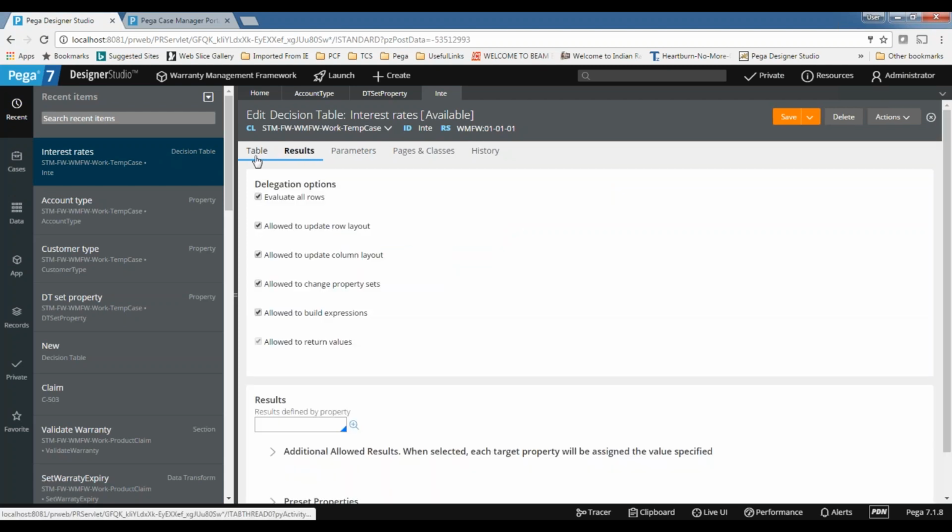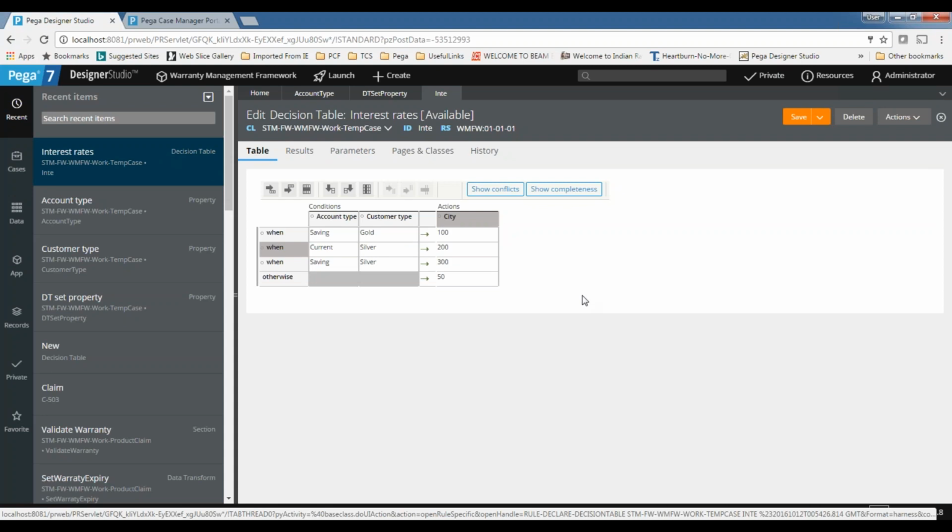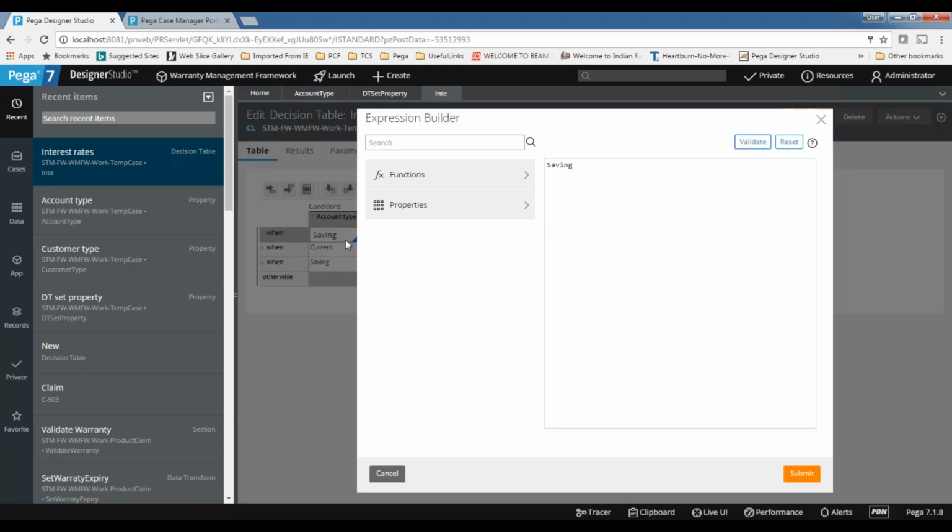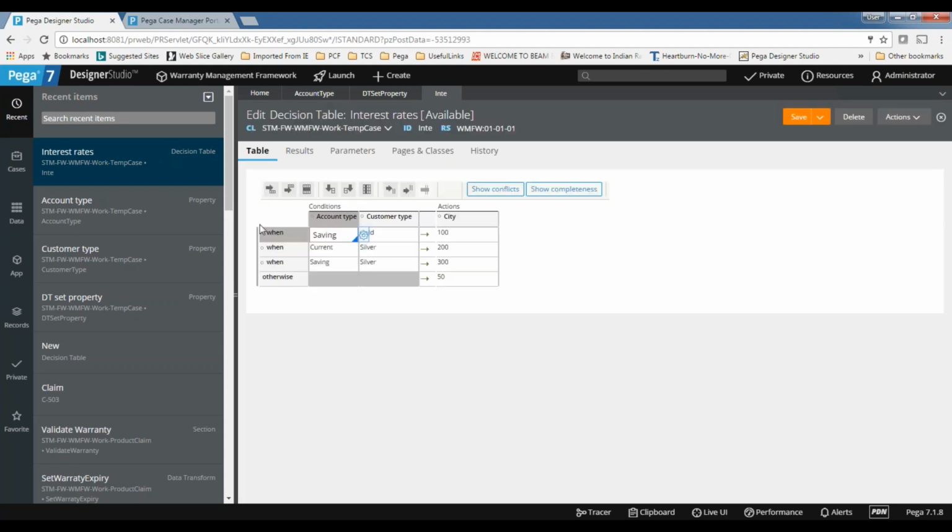If you use evaluate all rows, can we build the expressions? Yeah, anything is fine. This expression is just like a column, like a cell. You are just using some value here. Can we call declare expressions here?